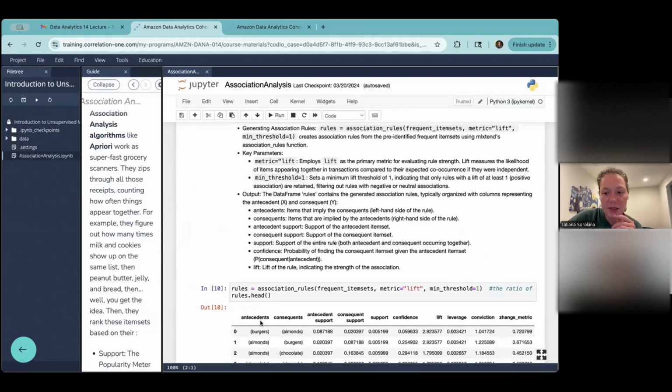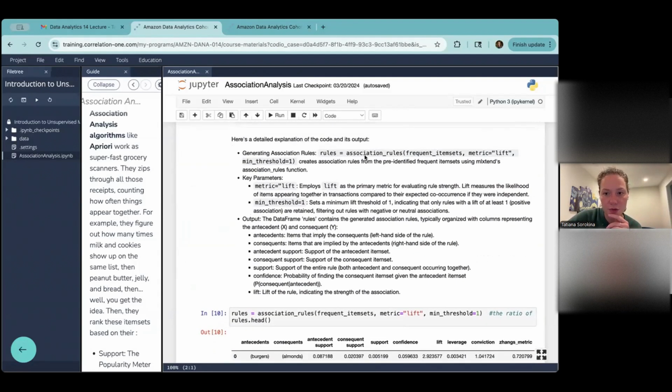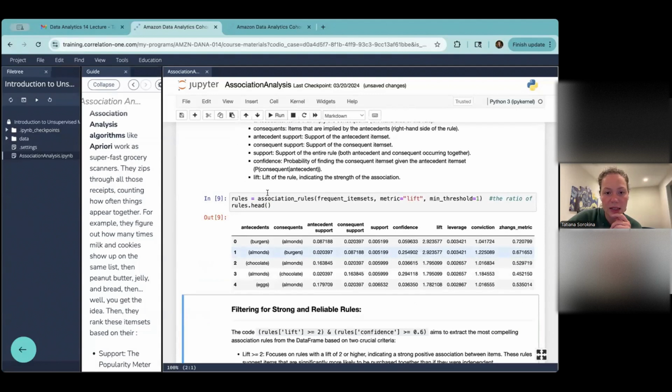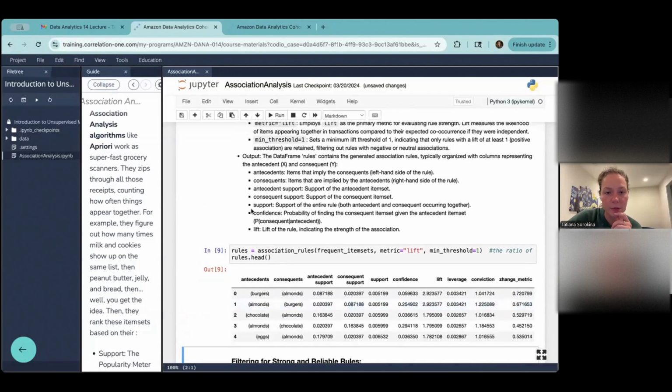The next is association rules. In association rules, we're going to look for both the support and the lift factor. And we're also going to introduce the thresholds here. So let's run the association rules and look at the output. Before we do that, I'll introduce the